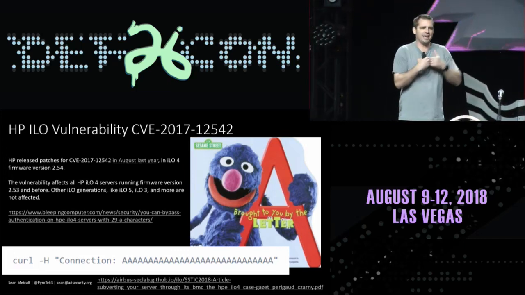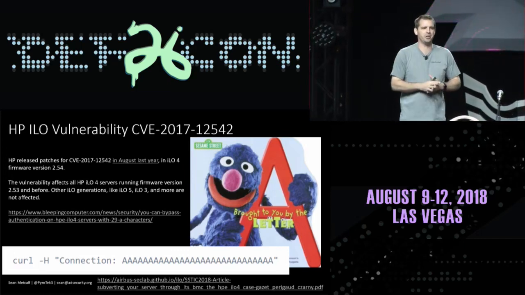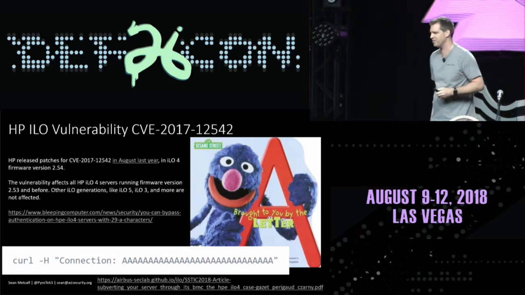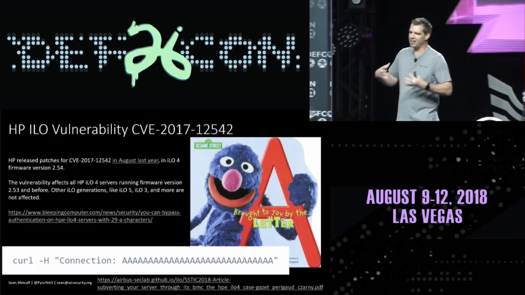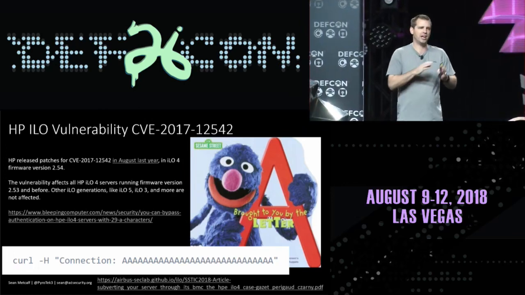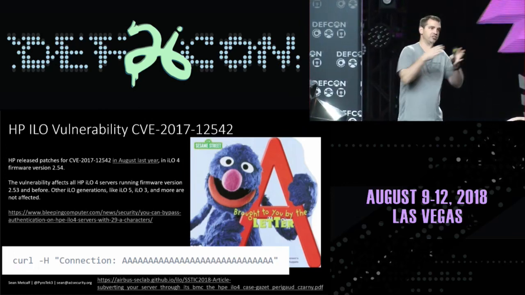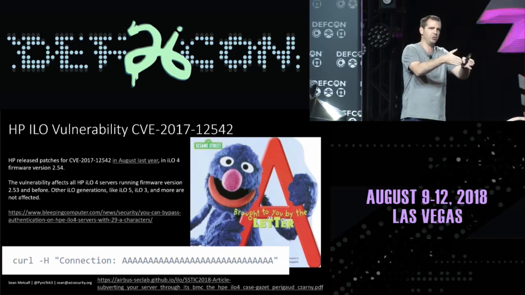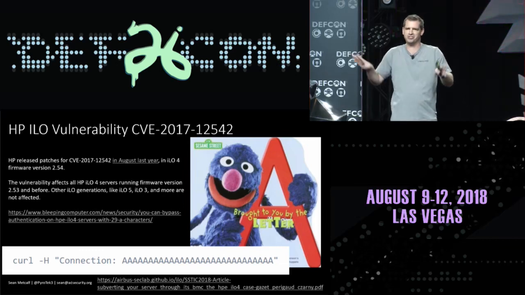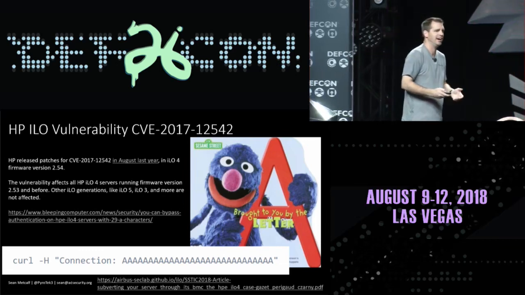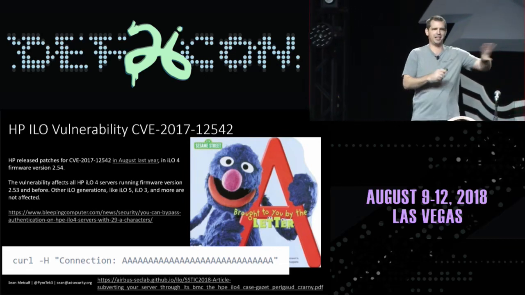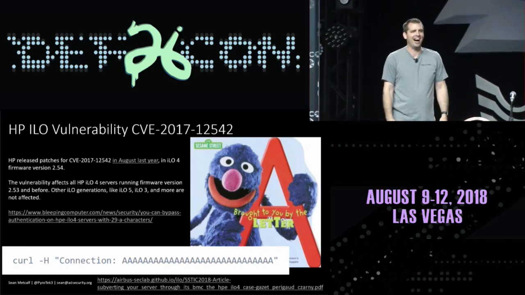So this is not mine. They did a great job on it. And I was chatting with one of the members of the team over at Mandiant a couple days ago, and he was talking about some really cool stuff that they figured out from this, because iLO is connected into the hardware. So not only can you bypass the iLO auth and just get local console access over iLO, but there are some other interesting things they'll be talking about. He told me a little bit about it, but I'll let him talk about that later. So that's one way that you can do it. So you definitely want to check this out, especially when you have physical DCs.